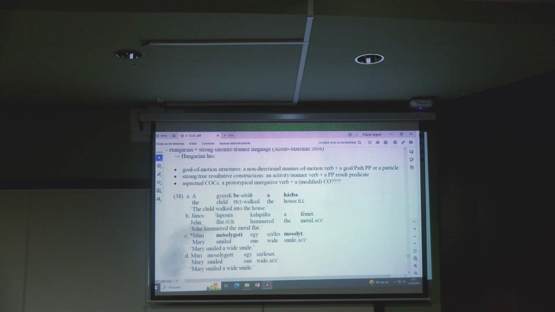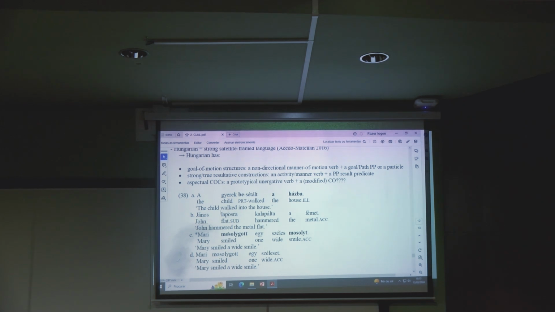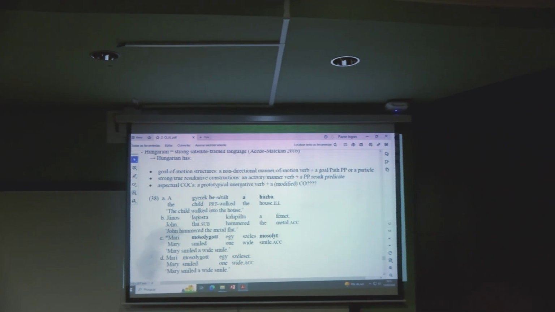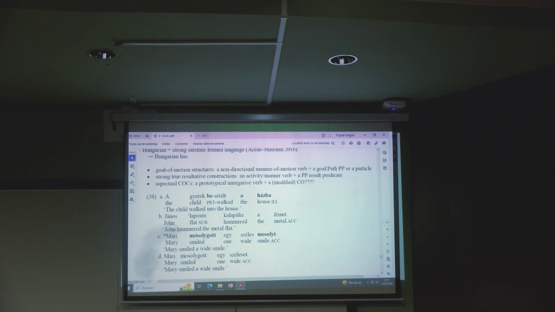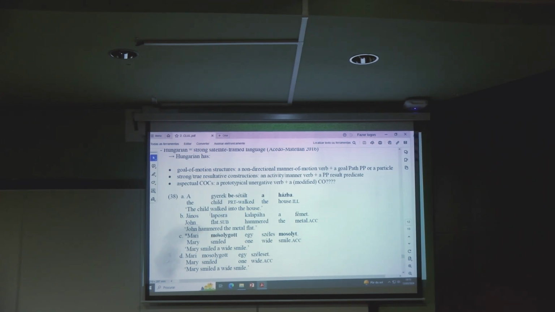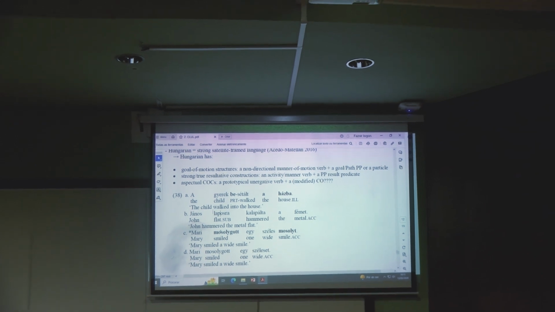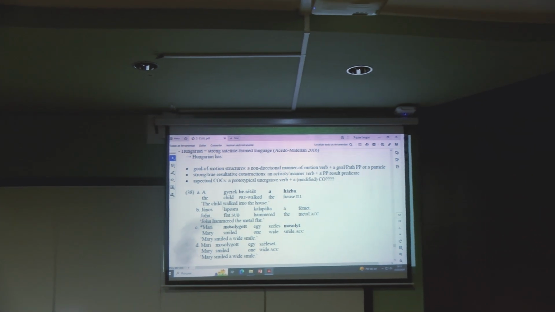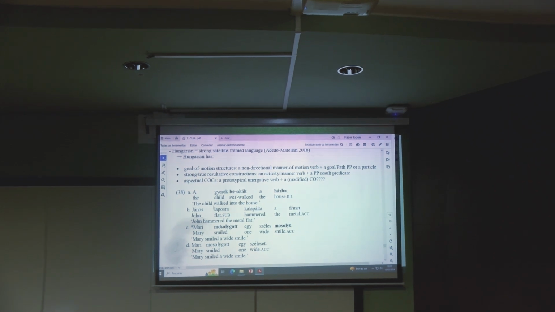Now, when it comes to aspectual COCs, again, they are problematic in the sense that we do not seem to have this sleep a sound sleep type of phrases, or smile a wide smile, the example in 38C. Now, without getting into the details, at first sight there are no aspectual COCs, some transitivizing, just like in Romance languages, biblical text translations, fine, but not in everyday language, and no aspectual COCs.